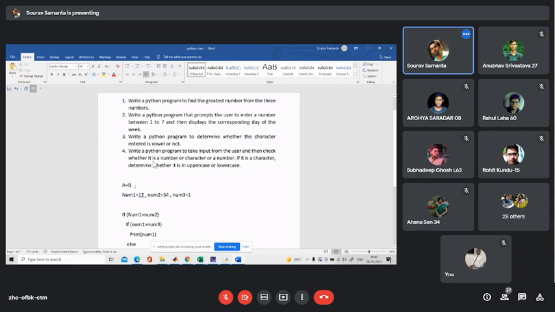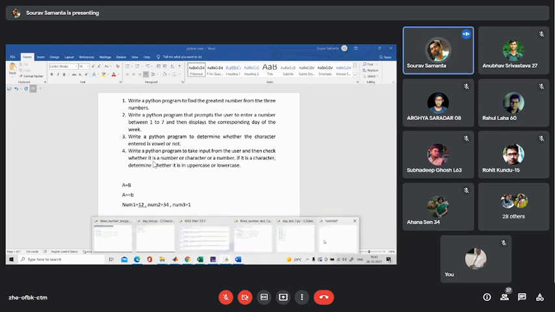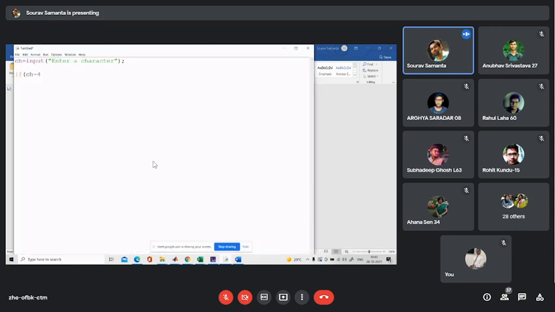But when you write a double equal to b, you are comparing the value a with b. It is a very common mistake to miss the second equal sign here.